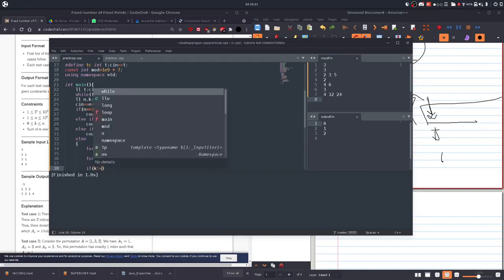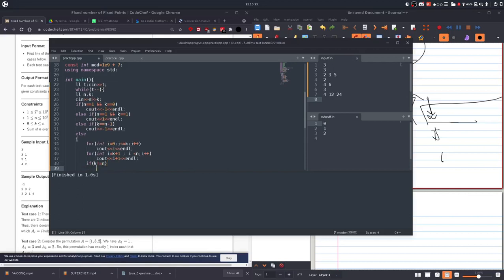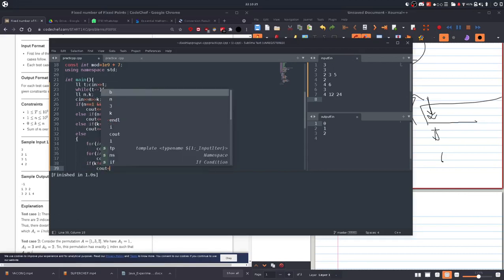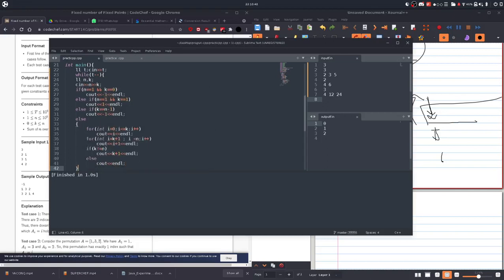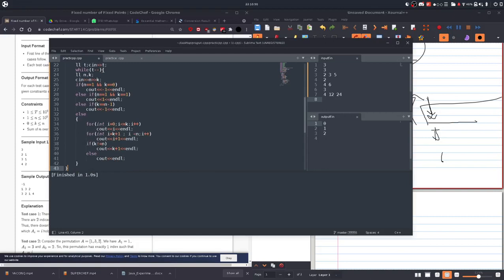Then we're gonna also check if the value of k now is at its own the length of the array, sorry. Then the cout will be nothing but the value k plus 1 itself, because that's the one which is remaining at the end. Then we're gonna do the else. If it's not equal, then we're gonna do nothing but cout. We're just gonna skip the step.